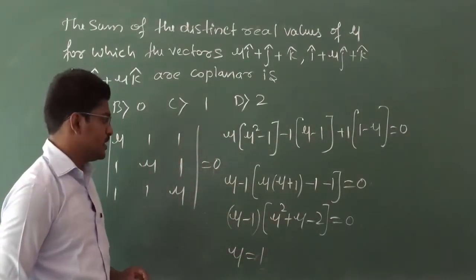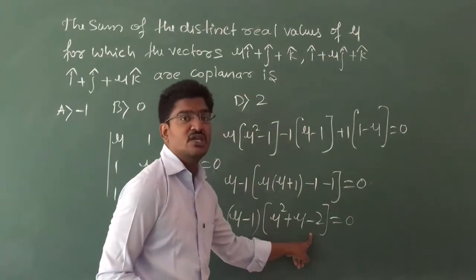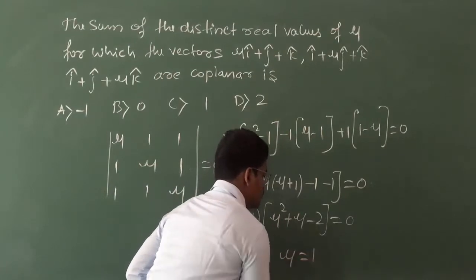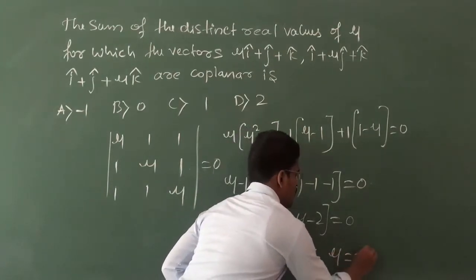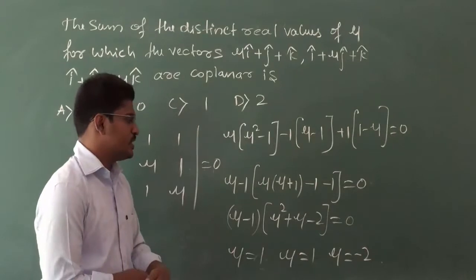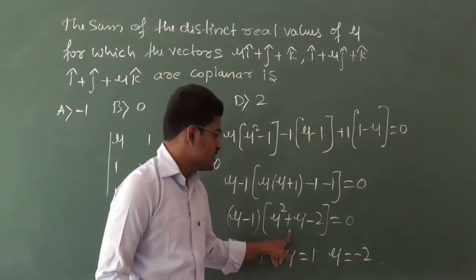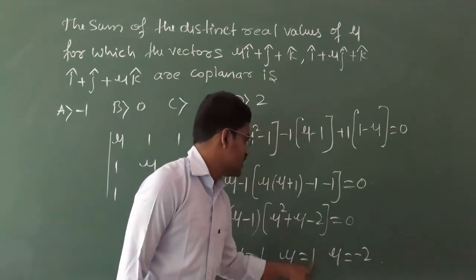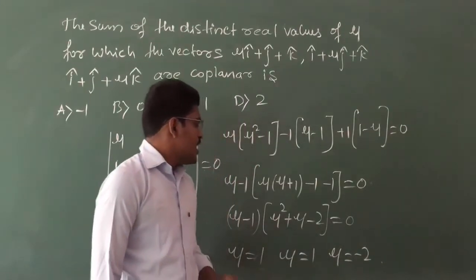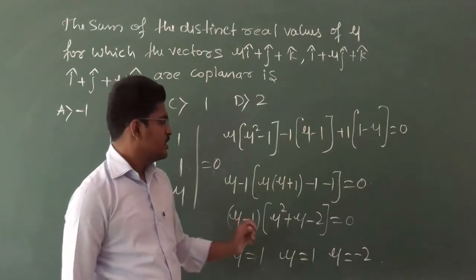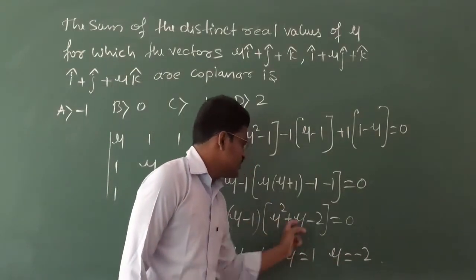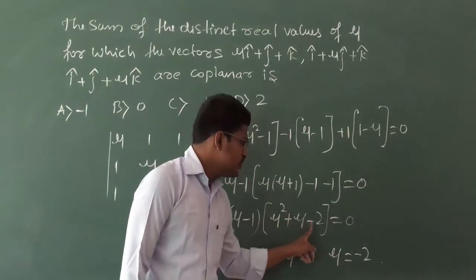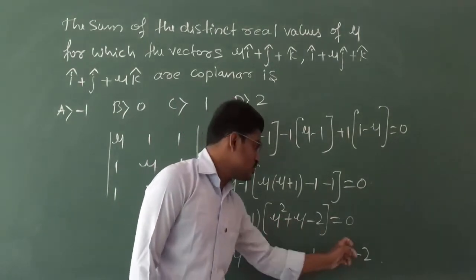Are you getting my point? And this is an algebraic equation. You simplify this algebraic equation, you will get again mu equal to 1 and mu equal to minus 2. If you simplify this algebraic equation, you can see if you calculate the product, it will be minus 2. And if you calculate the sum, it will be equal to 0. Clear? So therefore, mu square plus mu minus 2 will give you mu equal to 1 and mu equal to minus 2